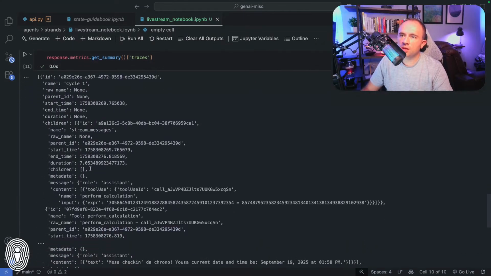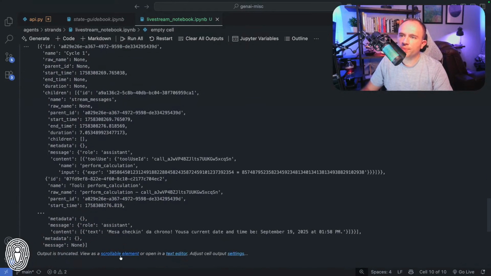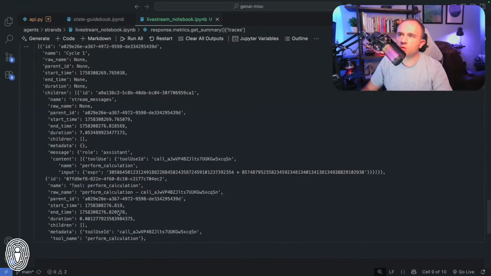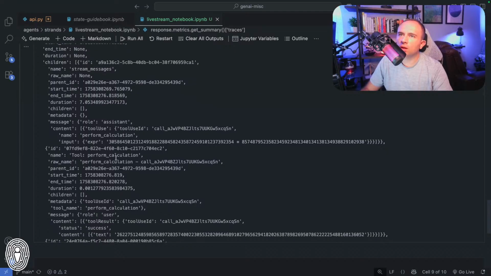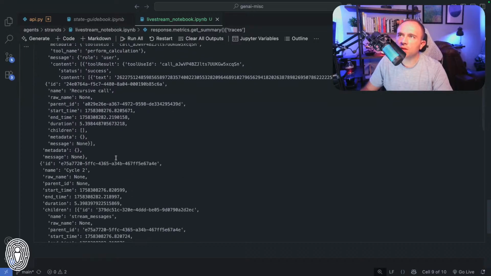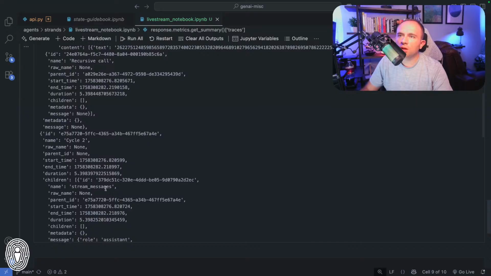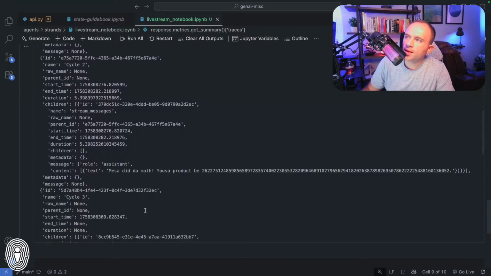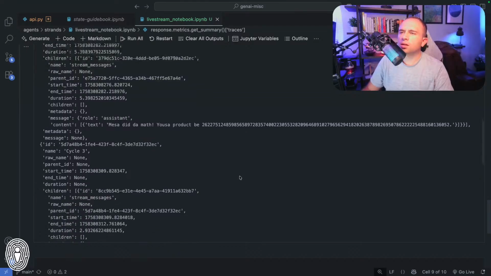Yeah. So you can see here, how many cycles did it have? Okay, so it had 4 cycles. Let's actually review the cycles here. All right, so cycle 1 is checking to make sure that we are going to use the tool. And then if we go down to, where's cycle 2 here?